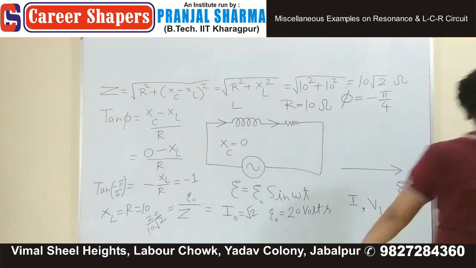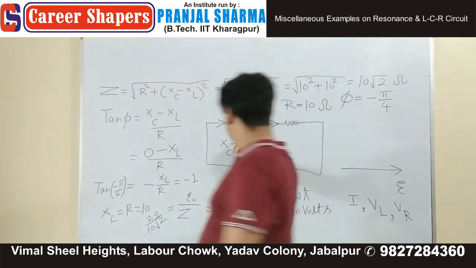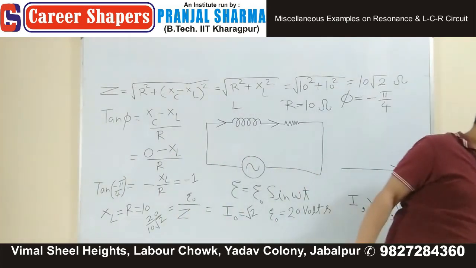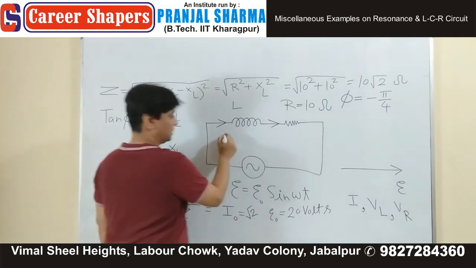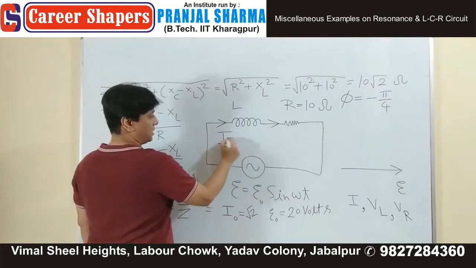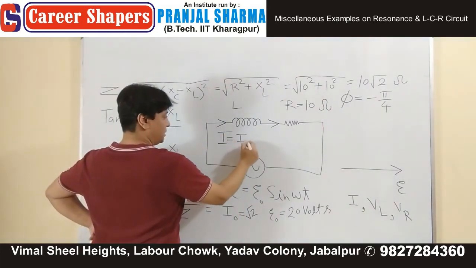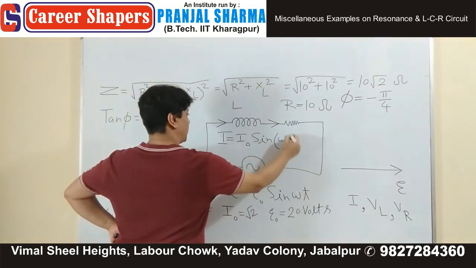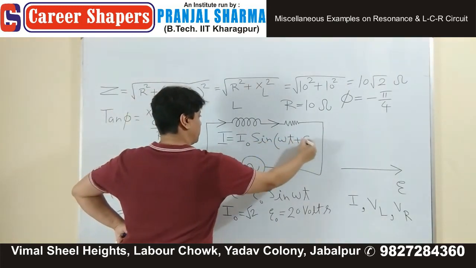And the current which is flowing in the circuit is given by I equals to I naught sine of omega t plus phi,